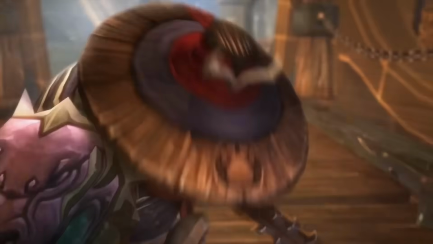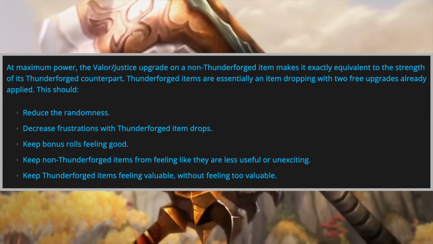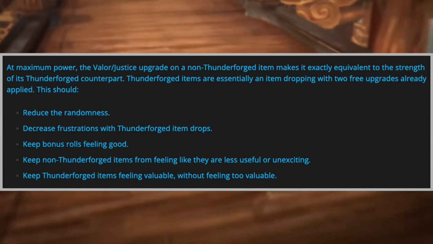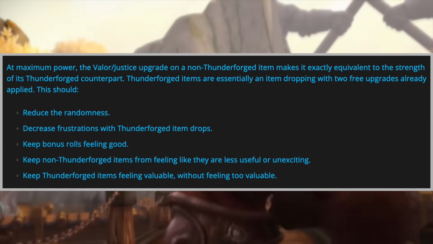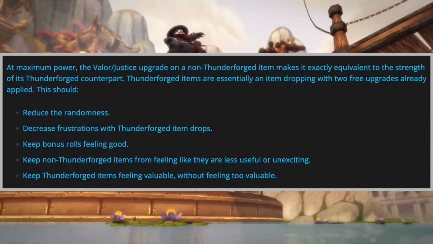So the outcome of this should then reduce the randomness, decrease frustration with Thunderforged item drops, keep bonus rolls feeling good, keep non-Thunderforged items from feeling like they're less useful or unexciting, and keep Thunderforged items feeling valuable without feeling too valuable. Overall, I think it was a brilliant change. I genuinely do. As I say, even though there's that byproduct of actually having higher item level overall for the entire raid versus what it would have been back in the day, this definitely will...